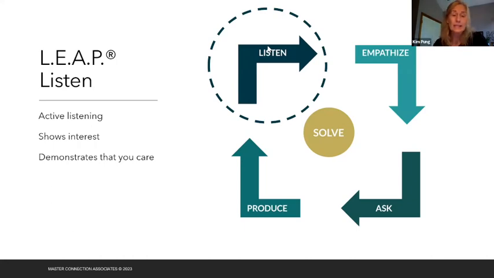There's so many things that they can say to you that are going to help you really cue into how we can resolve the problem. And often, of course, we are much more interested in what we are going to say next rather than really listening to what that particular client is saying. So listening is that first and most important step. Sometimes that takes practice. Sometimes it takes intentionality to make sure that we are really cueing in to what our customer is saying, because the listening is going to go a long way and them just feeling like we understand.